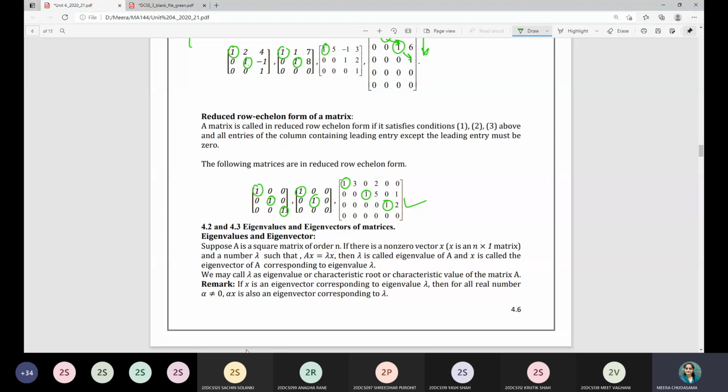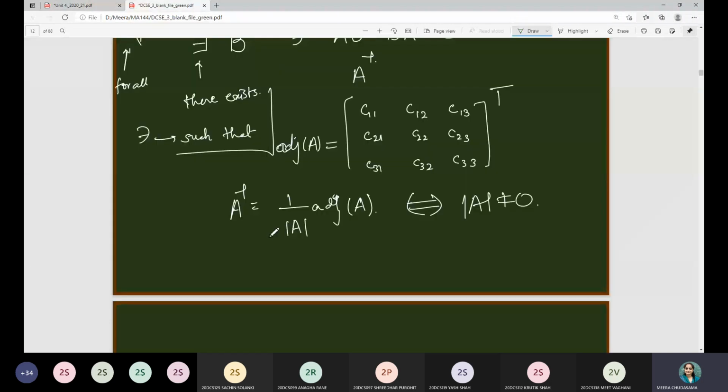Okay, now the topic which we are going to start is eigenvalues and eigenvectors of a matrix. Now this is new to you. Let us understand these concepts carefully. For that, I will consider that A is an n cross n matrix we are given, having entries A11, A1n, A21, A22, A2n and so on, An1, Ann. So these are the n square entries of a square matrix.